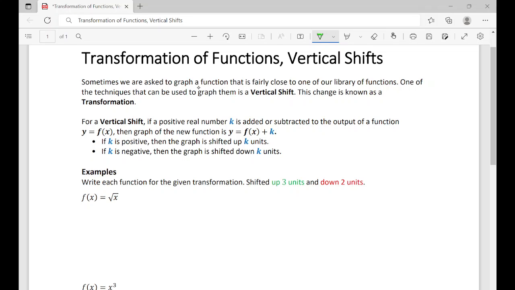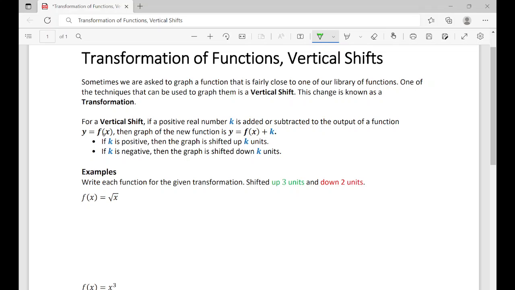Sometimes we are asked to graph a function that is fairly close to one of our library functions. One of the techniques that can be used to graph them is a vertical shift. This change is also known as a transformation. For a vertical shift, if a positive real number k is added or subtracted to the output of the function,